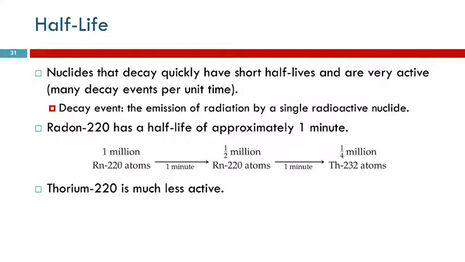Radon 220 has a half-life of approximately 1 minute. So if you started with 1 million radon 220 atoms, after 1 minute you'd have 500,000. After 2 minutes you'd have 250,000. After 3, you'd have 1/8 of a million, okay? So the radon decays,